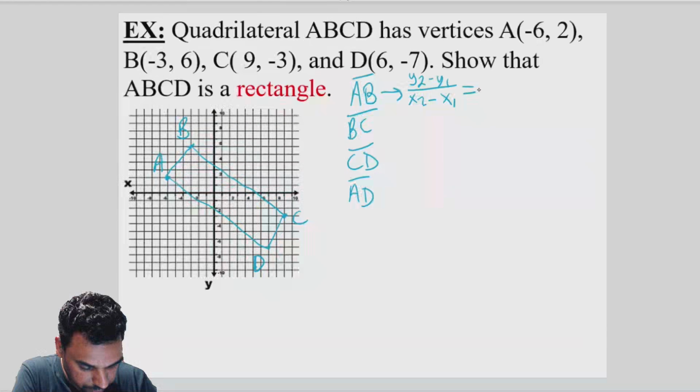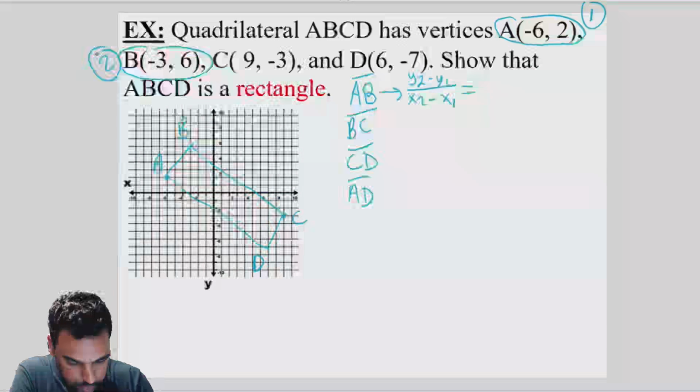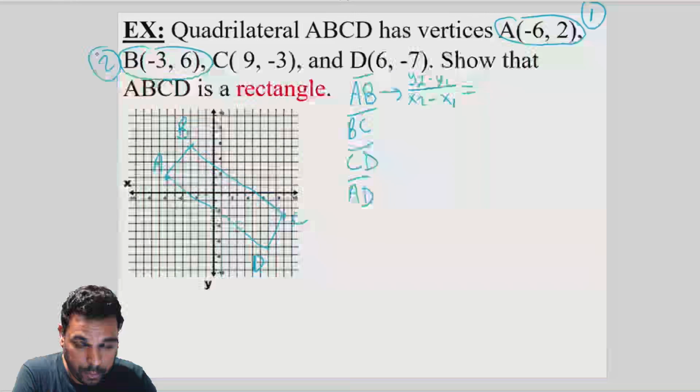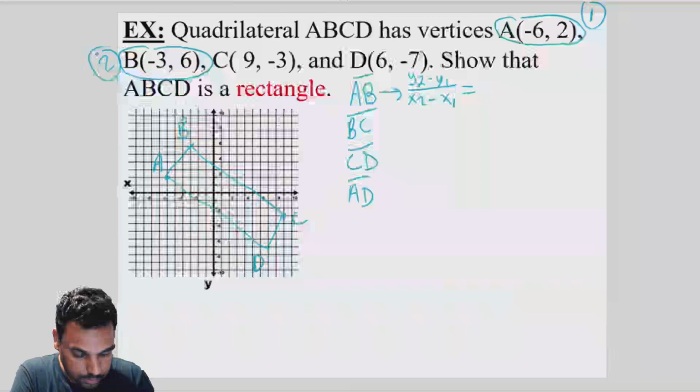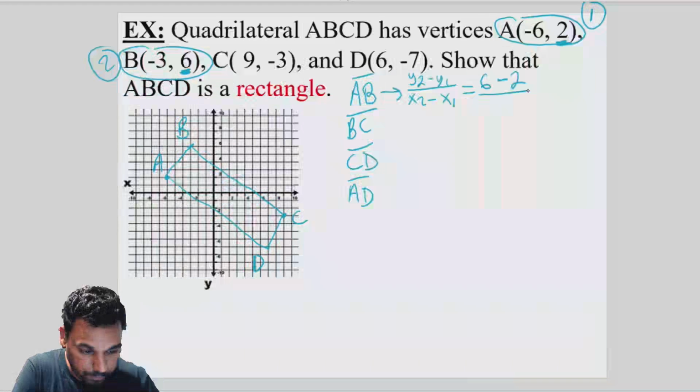And let's actually do that for AB. So I'm going to just circle the points. That's A. This is B. Let one of your points be a 1 and the other one be a 2. And of course, every point has an X and a Y. So my Y2 is actually going to be this 6 over here. My Y1 is going to be this one over here. So it's 6 minus 2 over my X2, that negative 3